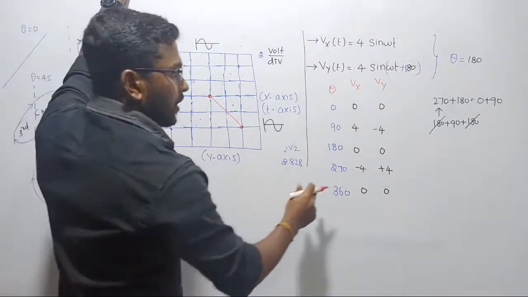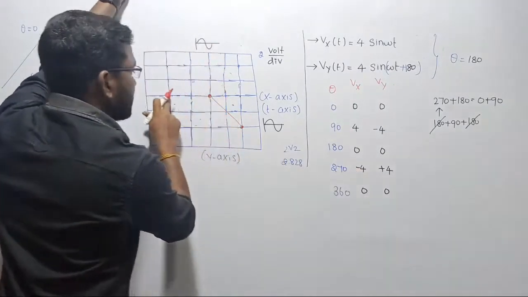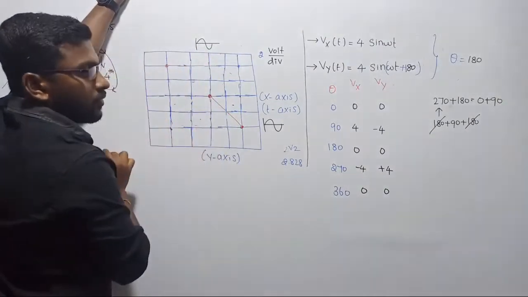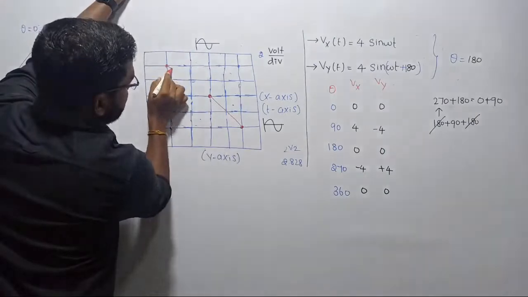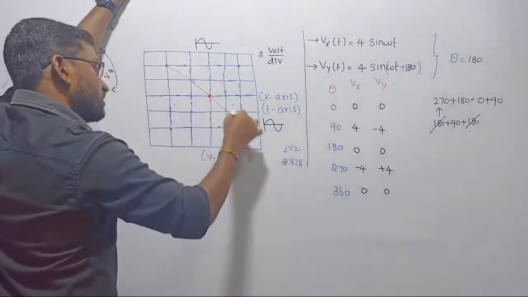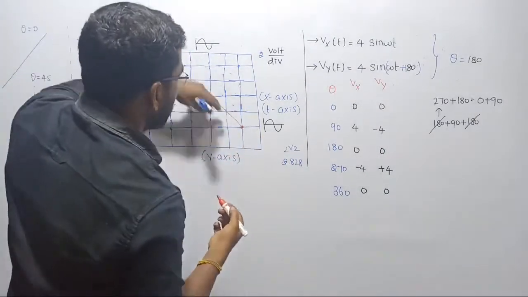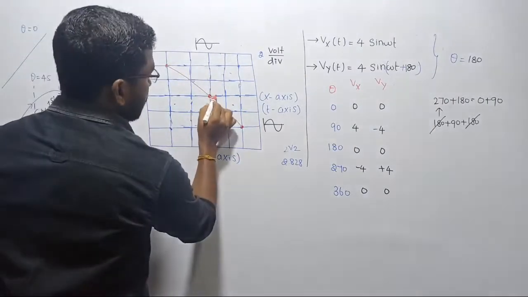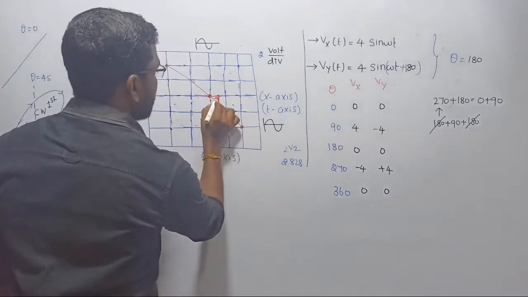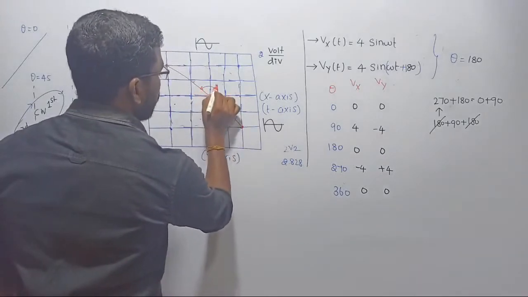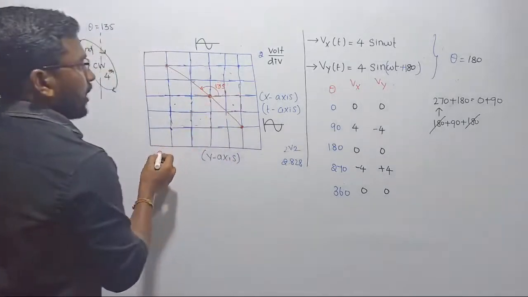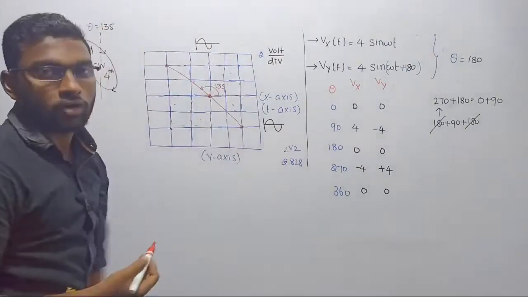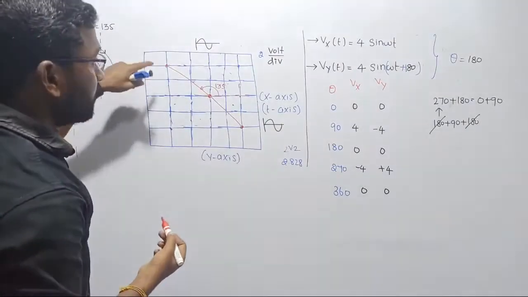Now let us see, and then again x-axis is minus 4, y-axis is plus 4. Join these 2 points. Again 0, 0, right? Let me join these 2 points. What is this? Again we are getting a slope or straight line, right? But what is the angle? It is inclined. If you observe from the origin, it will be positioned at an angle of 135 degree. I am getting a straight line from the origin.